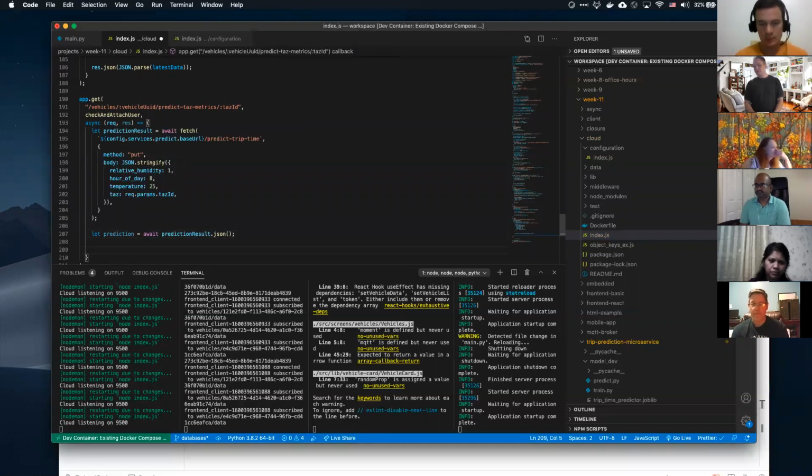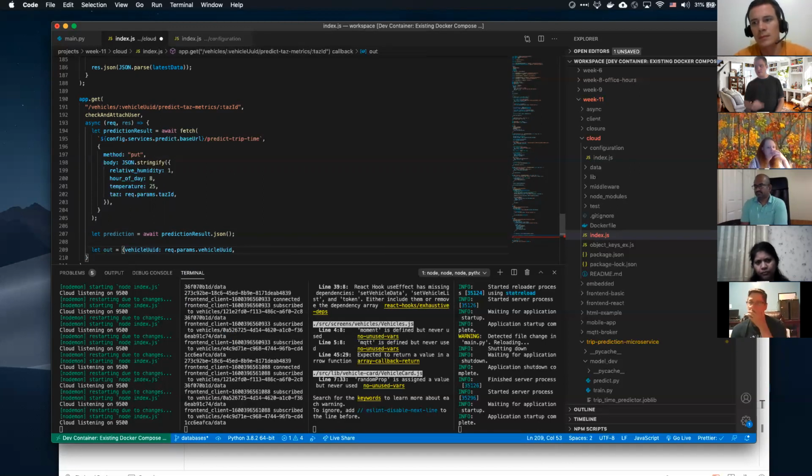And then let's do a let out equals vehicle UID. So that's req.params.vehicle UID, just so that we do that.